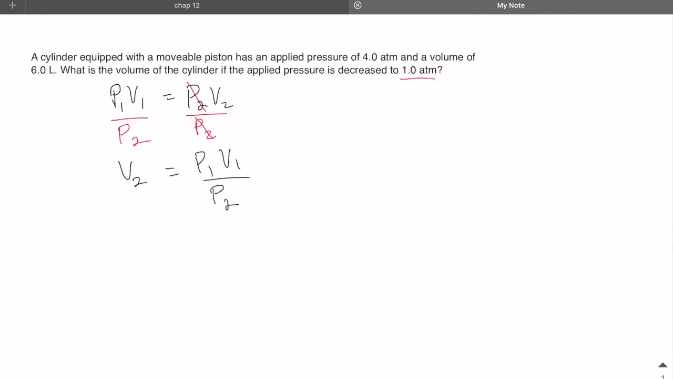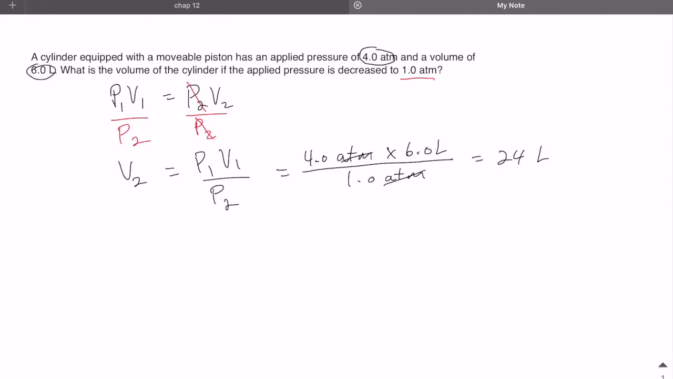In this case, our P1 is just the pressure in condition 1, which is 4 atmospheres. Our volume 1 is 6 liters. Our pressure 2 is 1 atmosphere. And notice that that gives us 24 liters as our answer, which is matching our prediction because volume should increase